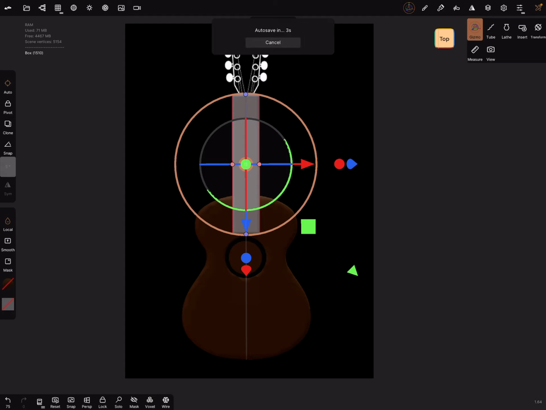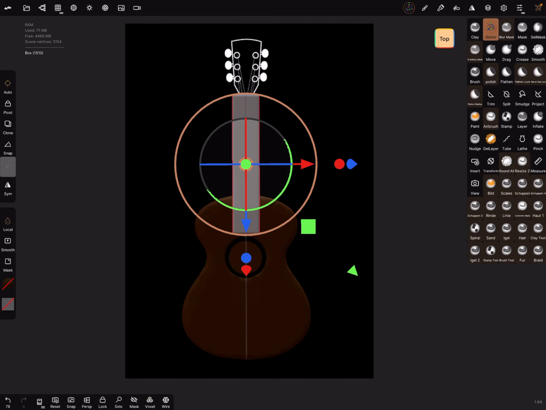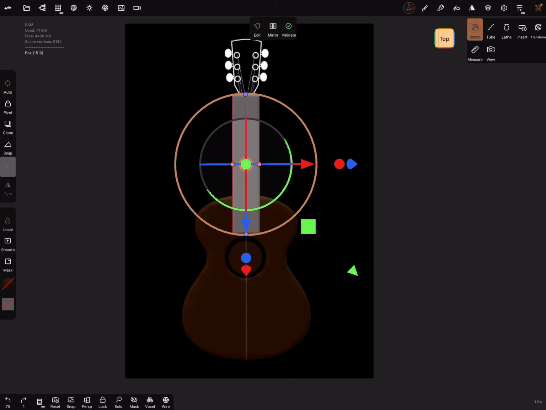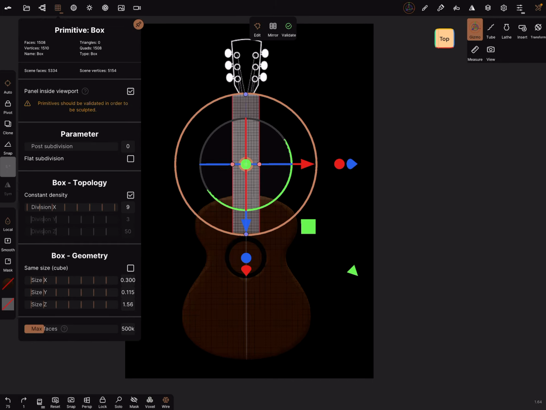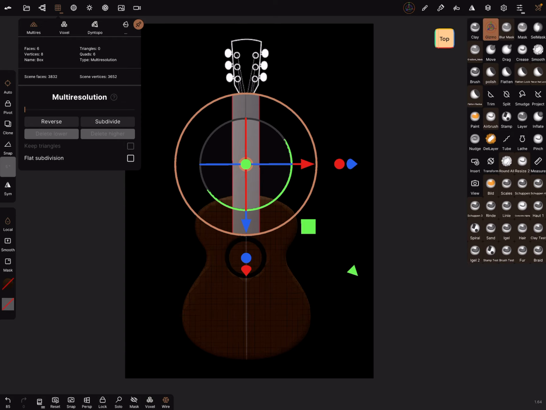Okay, let's validate it and autosave. And now go a step back, turn the wireframe on, and you can reduce topology to 0 and now validate it.